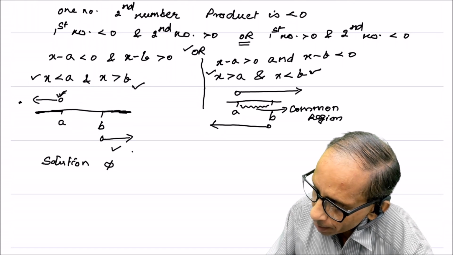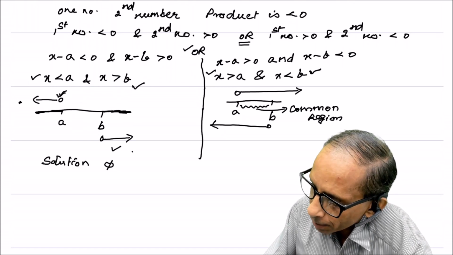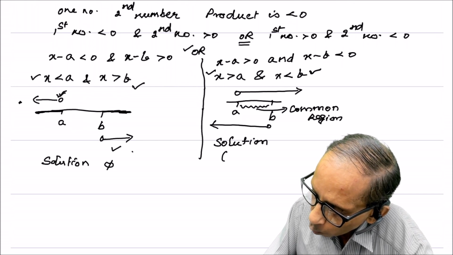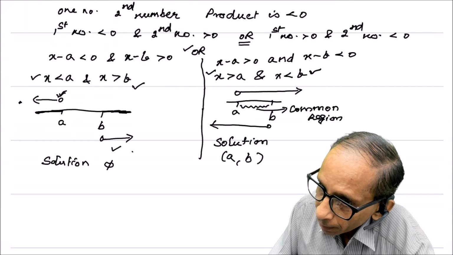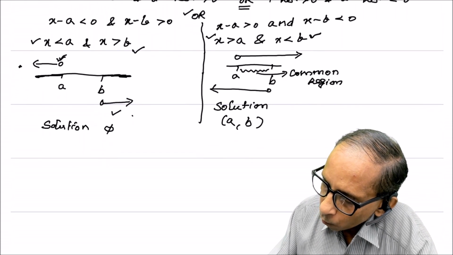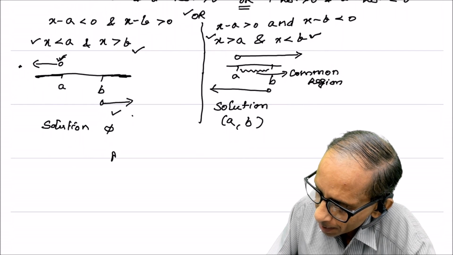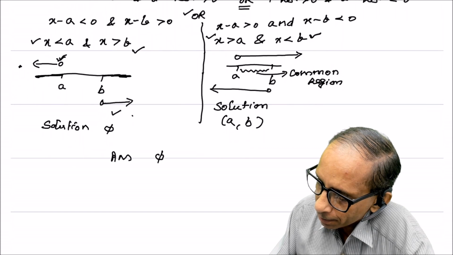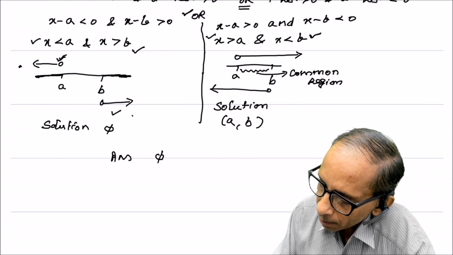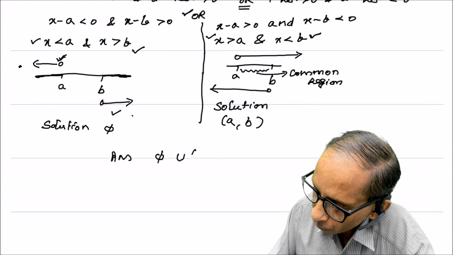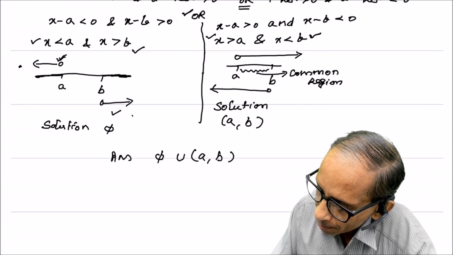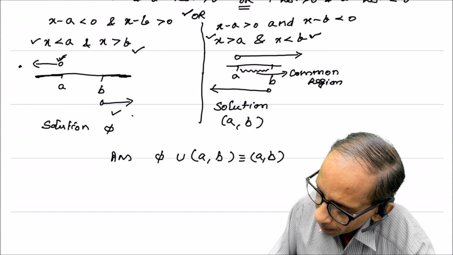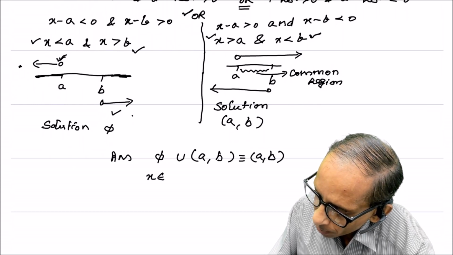So what we conclude is that the solution here is the open interval a comma b. Once we have seen the solution for the first case as well as the second case, the first one gives a solution as the empty set, then we have an or symbol, and the second one gives a solution of an open interval, that is this. So the final answer for us is a comma b, and we can write the solution is